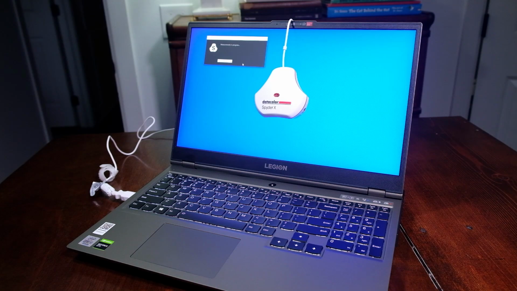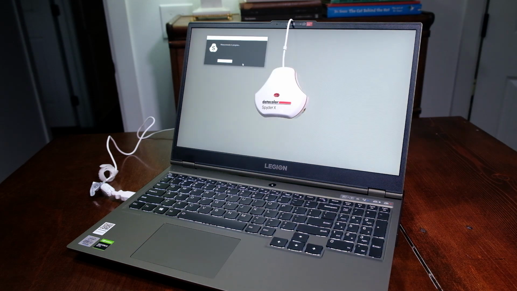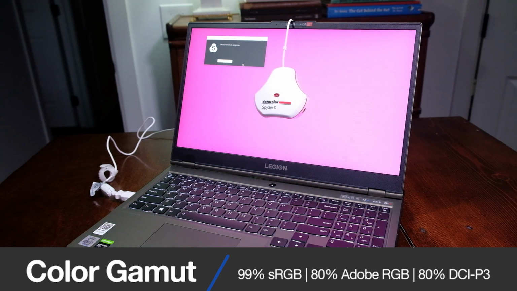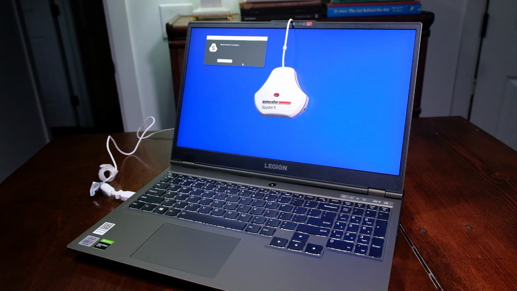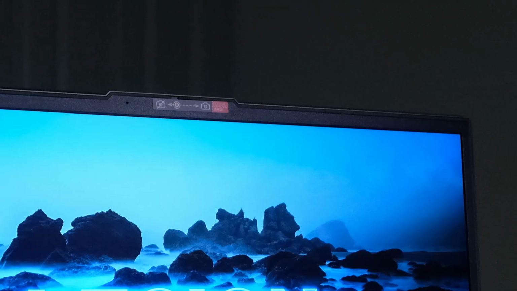However, the Legion 5i steps it up in this category. The Legion 5i comes with a 15.6-inch Full HD display that can reach 144 Hz at full brightness. It can reach 350 nits with a color gamut range of 99% sRGB, 80% Adobe RGB, and 80% DCI-P3. Both laptops have 720p webcams on the top bezel, so if you have to attend those virtual meetings, you're covered